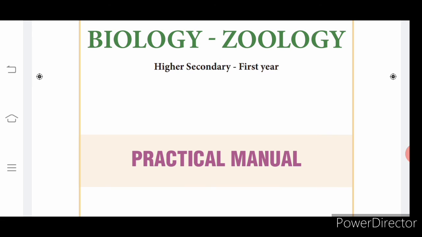Don't write it very light. It should be clear and I must be able to read it. Follow? So these are all the instructions for writing your record. If you have any doubt, you can call and clarify it. If you feel that you have made some mistakes, please come and show it to me. Don't use your own rectification methods. If anything happens, please inform the respective teacher. Okay, so thank you, students.